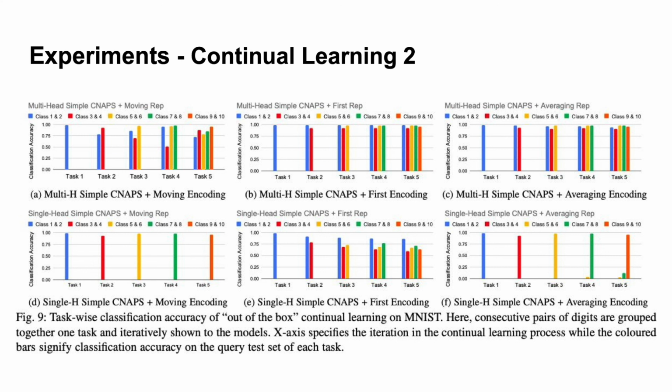So here we compare the test example classification accuracy on each of the classes and tasks on MNIST throughout the 5 continual learning iterations, using each of the different head strategies and different encoding strategies. And what we observe is that for the moving rep,